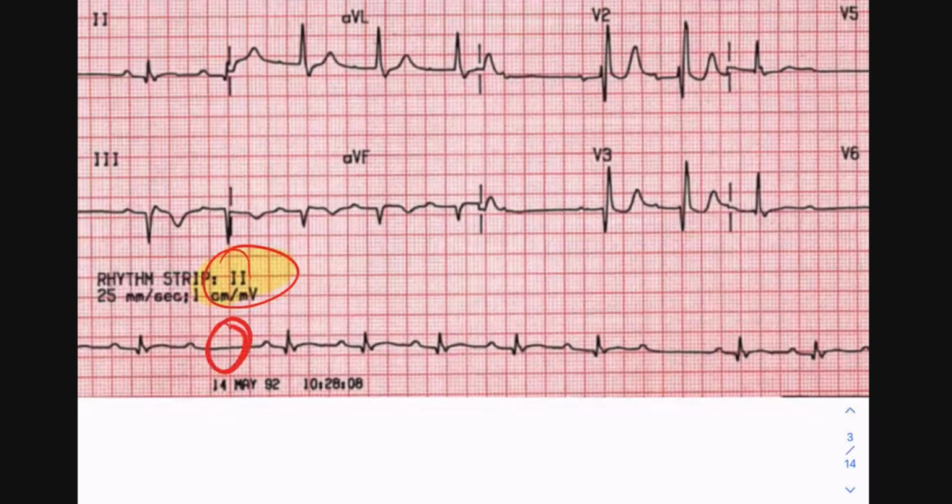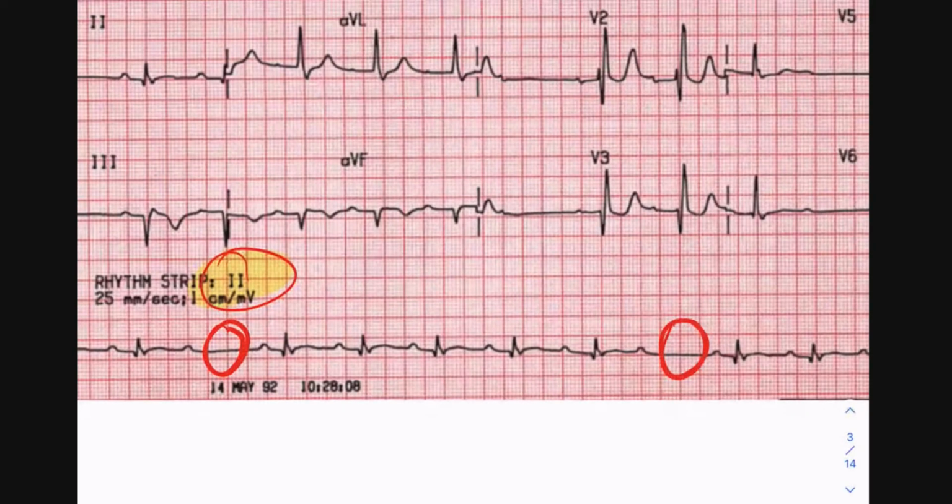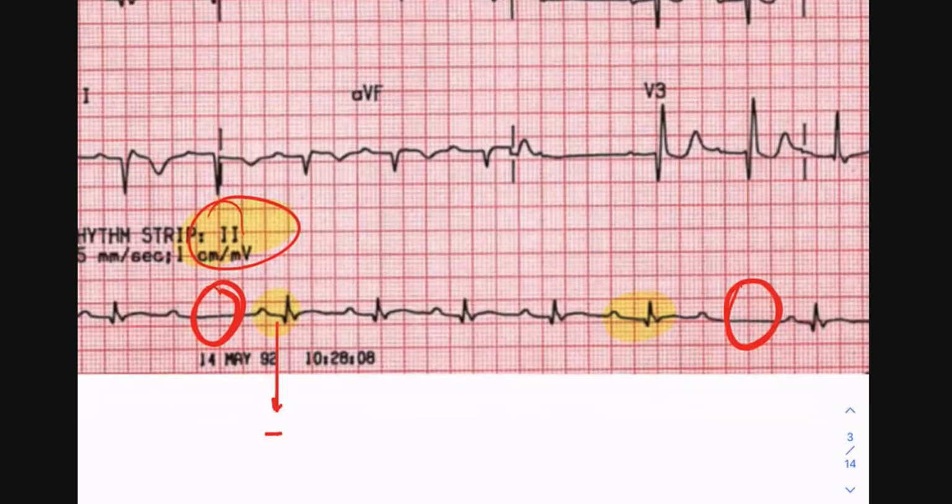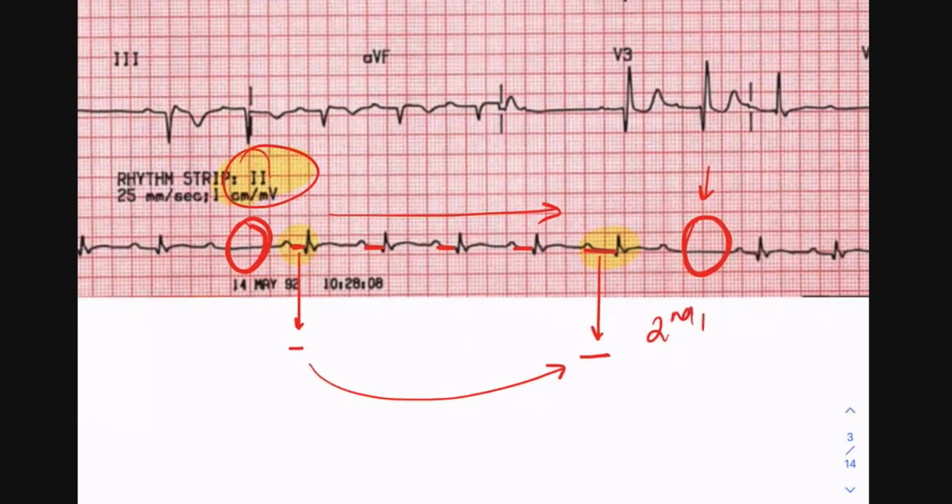How to tell what kind of a heart block it is, you mark the gaps, and then the best way is to look at the PR interval right after the drop, and the PR interval right before the drop, and compare them. So the PR interval after the drop is about that much. The PR interval right before the drop is about that much, okay, in length. So you can see that there has been some lengthening of the PR interval as you progressed towards the drop, right? So you see a progressive lengthening of the PR interval. It gets slightly longer, slightly longer, slightly longer, and then much longer, and then you finally drop. Okay, so this is your second degree heart block, Mobitz type 1, okay, where you see that progressive